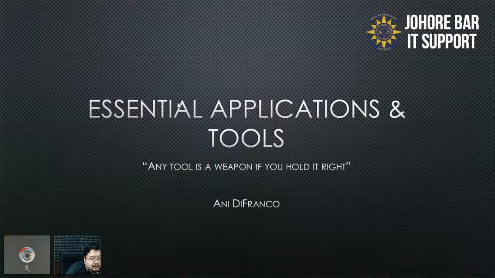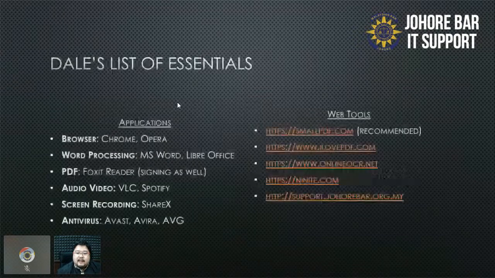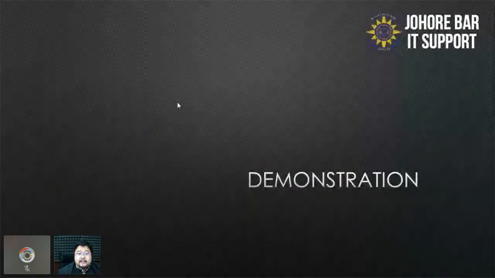So now we're going to look into setting up the required applications that may be useful for your online hearings. These are the recommended ones. These are web tools. Web tools are things that you just appear online. And then these are applications. That means something that you download that runs offline on your computer. So a little bit of a demonstration of how to go about this the easy way.